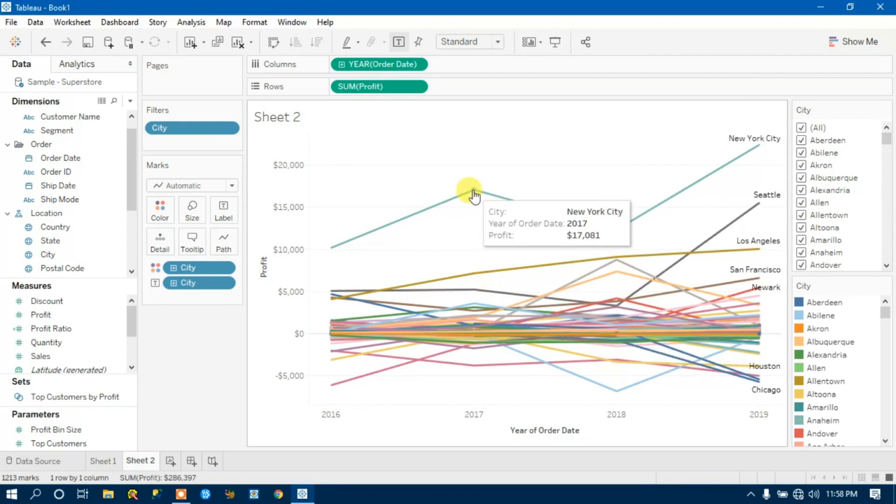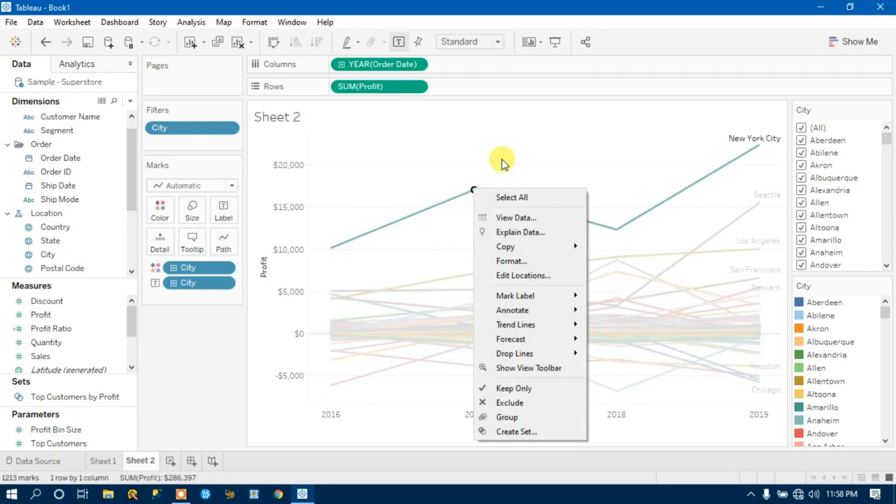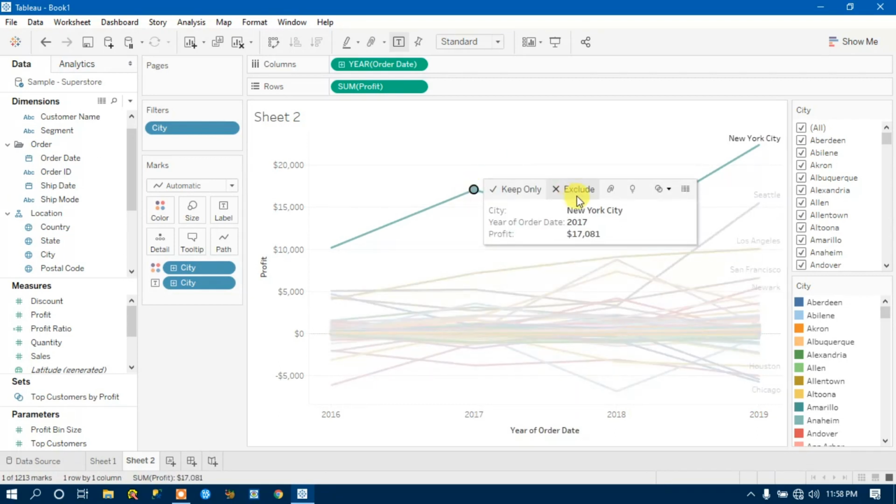If you see here there is a spike, and it's the sale, profit. So if you want to do analysis after removing this spike point, right click on it, click over it and click on exclude.